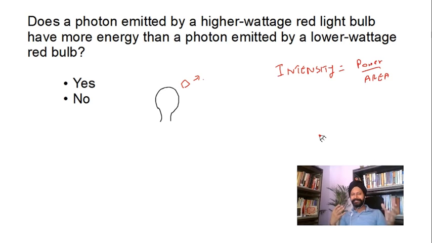If the frequency is same, energy is same. So no. Right? Because energy is equal to h times the frequency, assuming this is the same red color frequency. The frequency is not changing, energy is not changing. What is changing actually is the number of photons coming out. Each photon still has the same energy in electron volts, but the number of photons coming out per second has increased now.